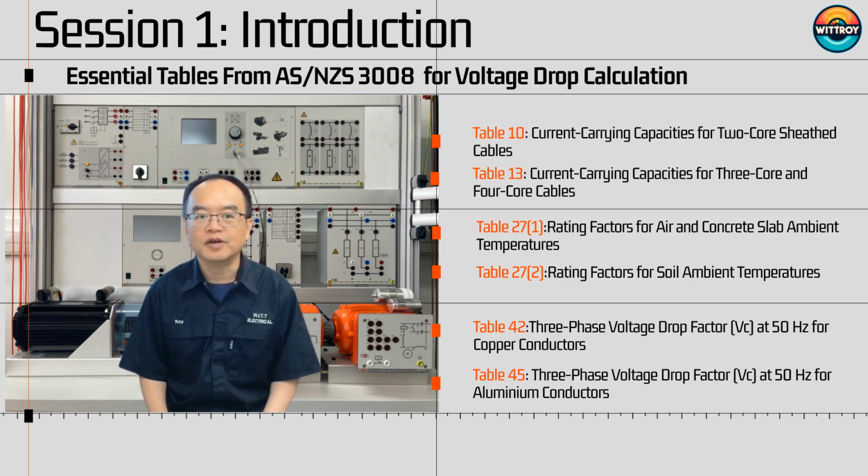Table 42, 3-phase voltage drop factor, VC, at 50 Hz for copper conductors, gives the voltage drop per ampere per meter for different sizes of multi-core cables with circular copper conductors at various conductor temperatures. Table 45, 3-phase voltage drop factor, VC, at 50 Hz for aluminium conductors, lists the voltage drop per ampere per meter for various sizes of multi-core cables with circular aluminium conductors at different conductor temperatures. These tables are crucial for accurate voltage drop calculations and ensuring